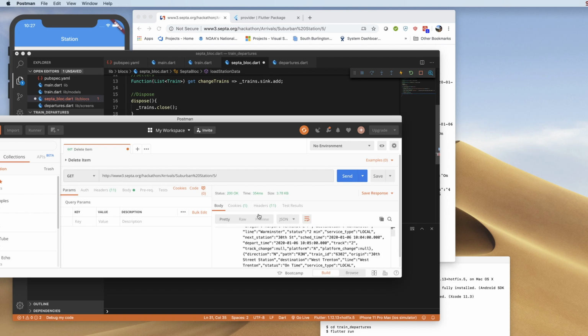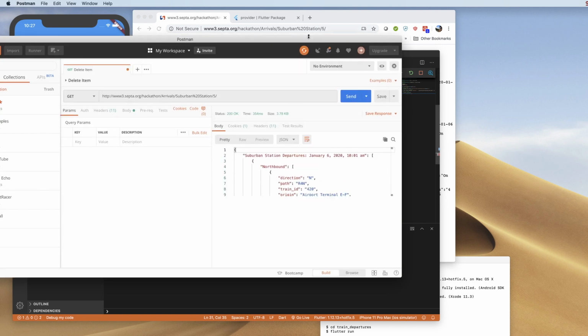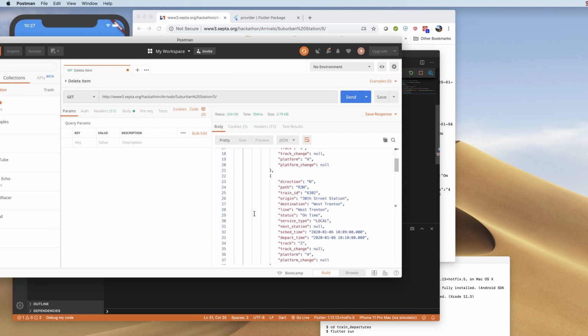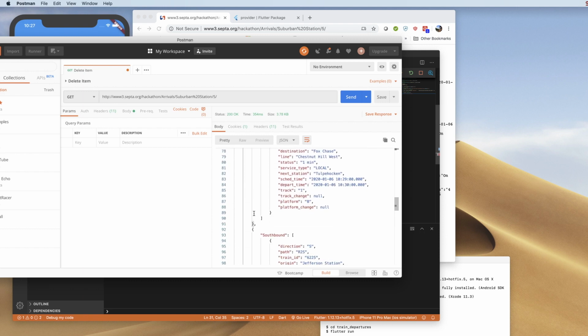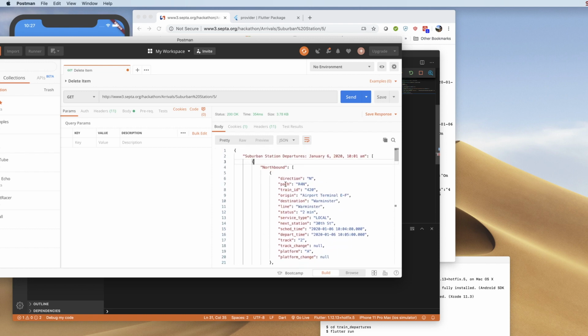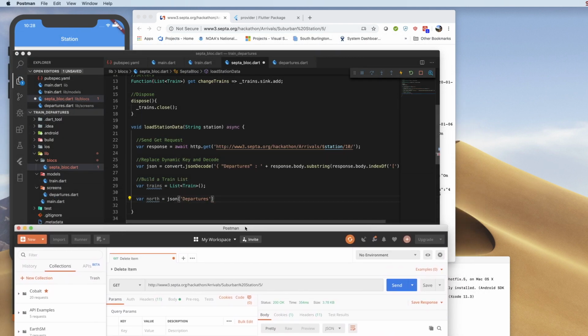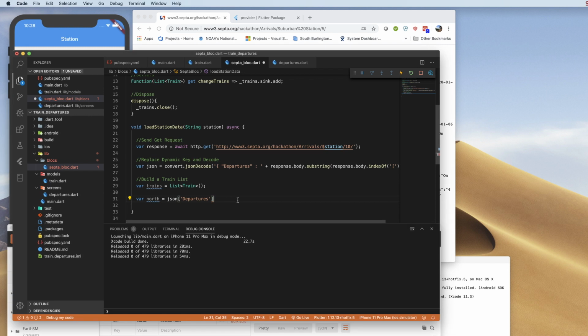I can see if I go to the pretty here option, once I get inside of departures, I'm going to have two objects and they have no key. But I know that one is northbound and one is southbound just by looking at it. So instead of a key value, I'm not going to get one when this dynamically parses. I'm actually going to get just an index. So I get departures, and then I can grab the first object inside of it, which is 0, and then